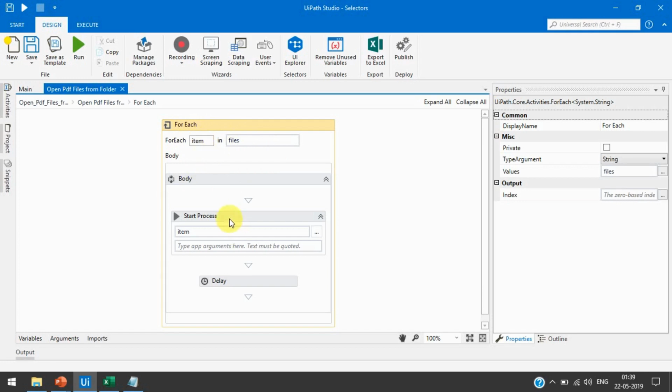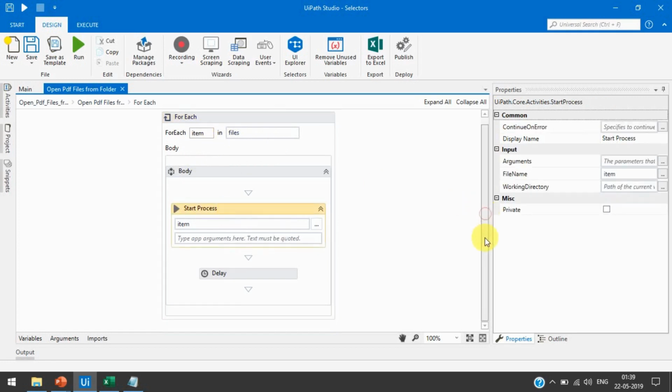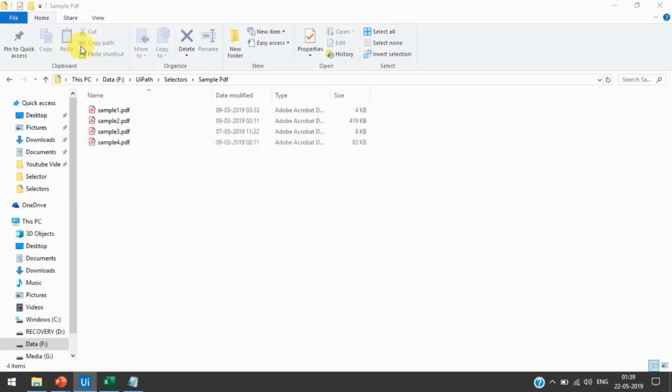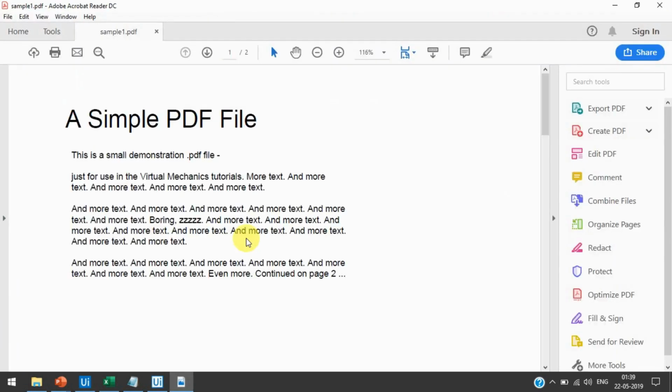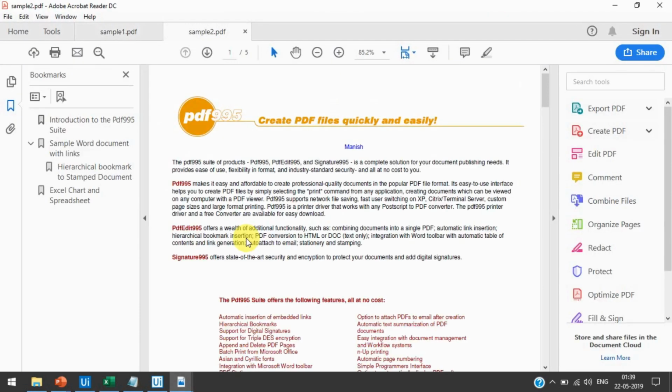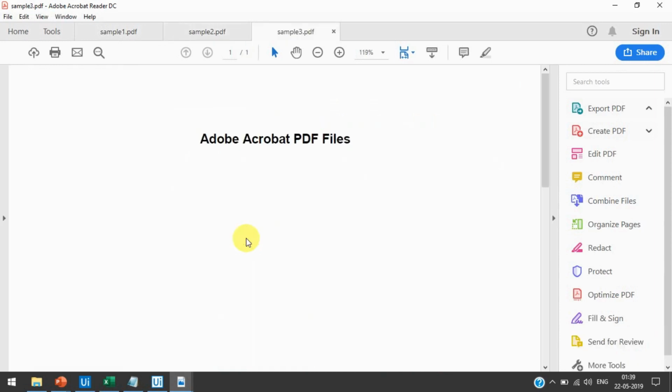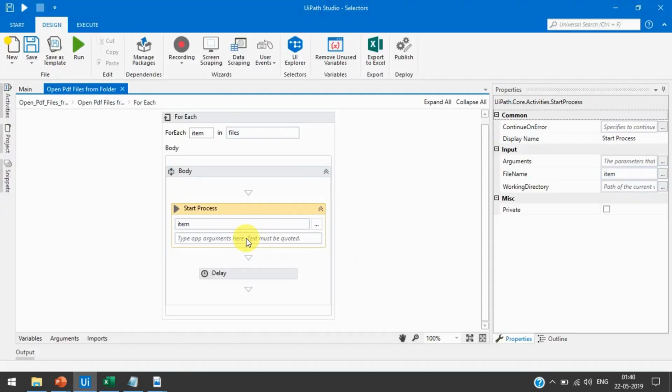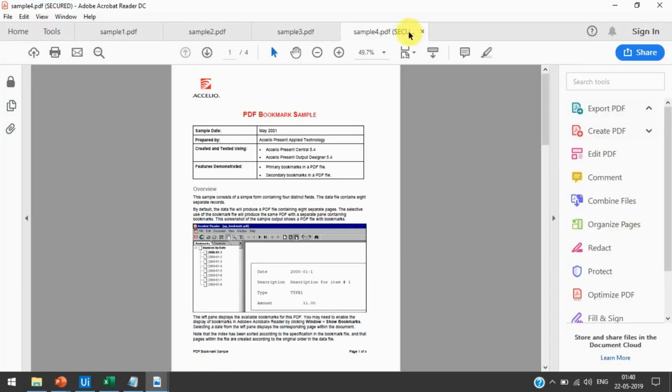Now we have used a Start Process. This way we are just opening all the files one by one. It means we have not used any selector or any wildcards here. Now I will show you how to use wildcards in this. Let me first close this.